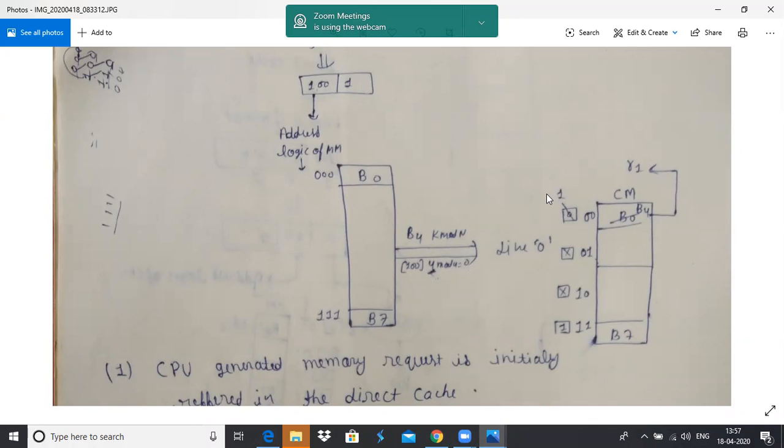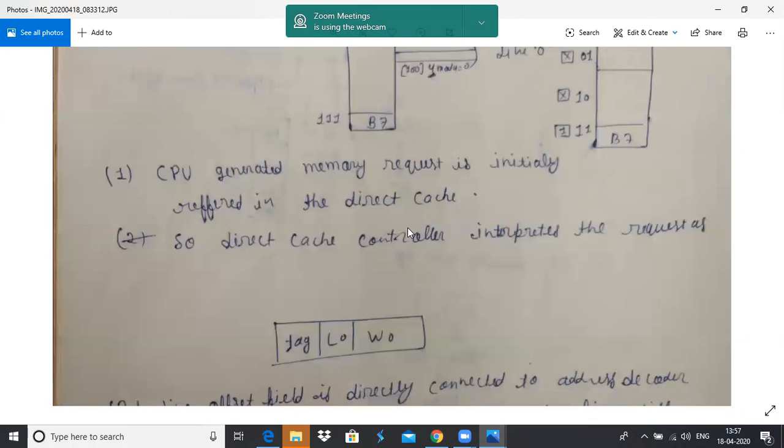At that time the B4 block exists in the cache memory, because the B4 block of main memory has already been transferred from the main memory to the cache memory.